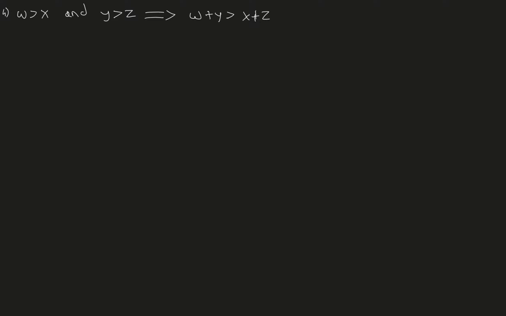So let's take a look at our fourth and final one for the video. We can write this as w minus x is in P, and we can also write this as y minus z is in P. Remember, this is an if-then statement. An if-then statement can also be denoted by a one directional arrow. In an if-then statement we can always assume the first part of the statement, and we need to show the second part of the statement. So we need to show